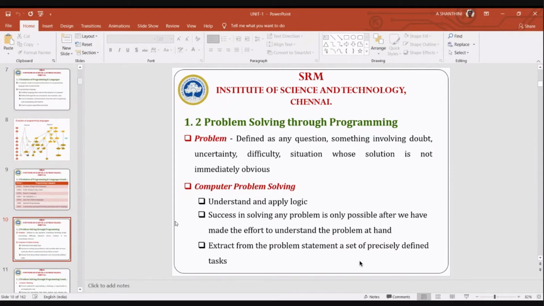I've already shared the PPT, right? At least from that you can collect something and respond to me. Any difficult situation can be described as a problem. Wherever you have a situation which you are not able to give a clear view of, when you have a doubt or a question, like how am I to spend my evening, that itself is a problem, right? After this class, how am I to spend my time, that is a problem. Yes, ma'am.